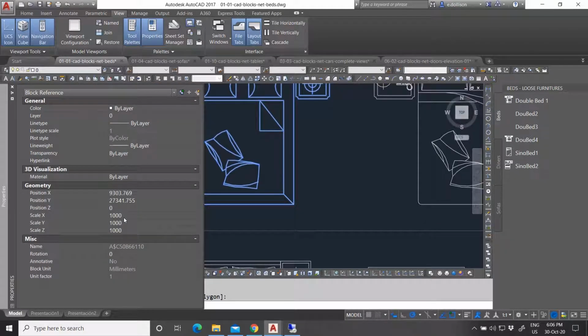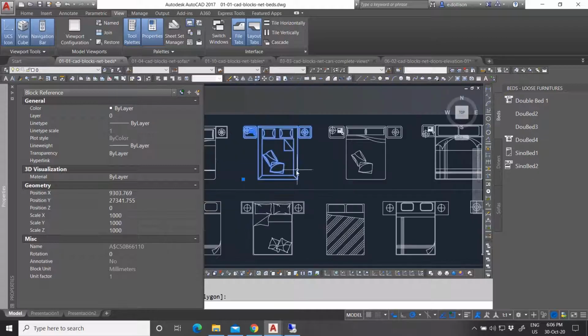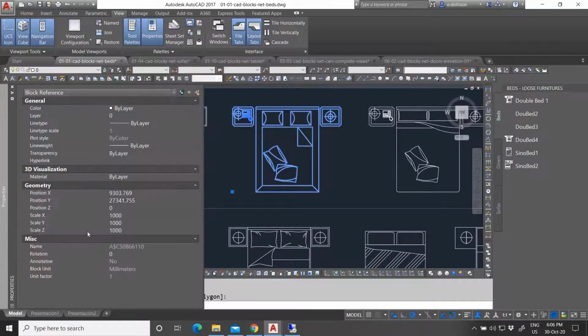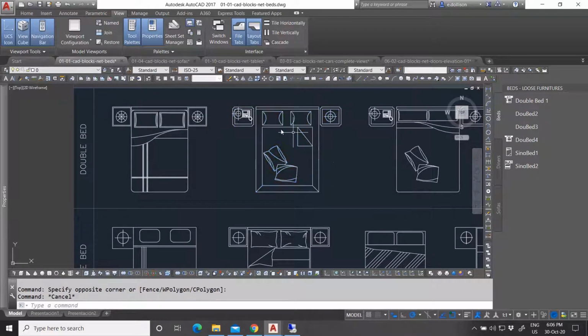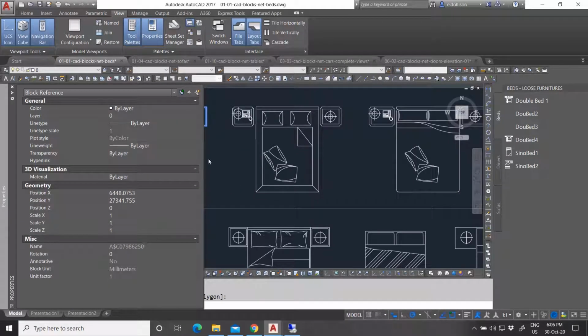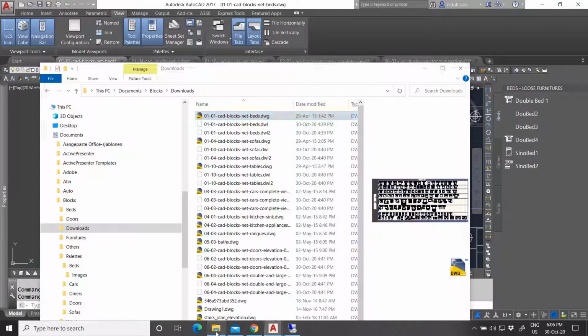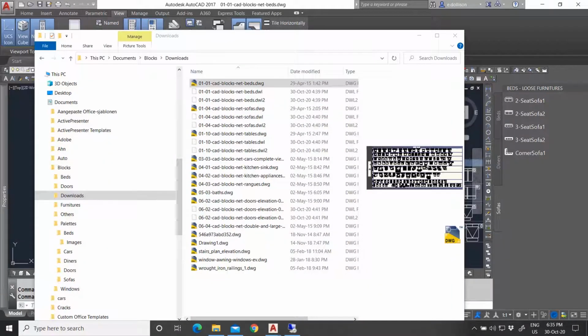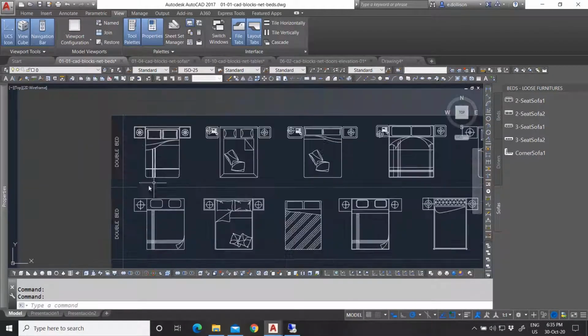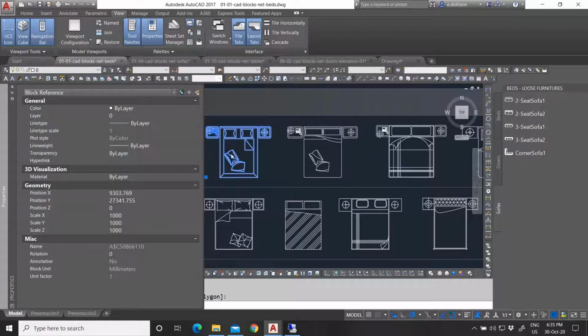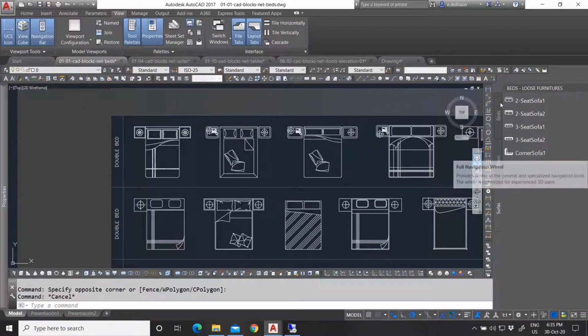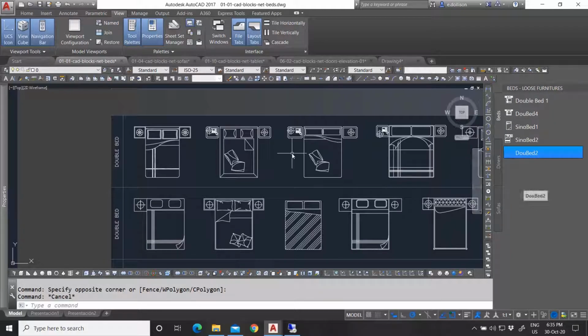Oh, that's understandable. The reason why it was so small is because I already scaled it by 1,000. It is already scaled here by 1,000. So when you're making a block, it will scale everything back to one instead of what you did. So the best advice I would give, guys, in this situation, when you have a block that is already scaled within your drawing and you already made your blocks and inserted them into your tool palette, the best thing you